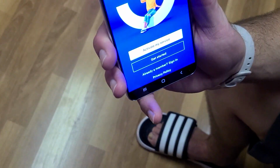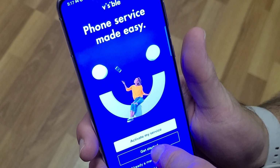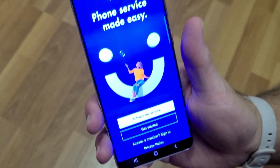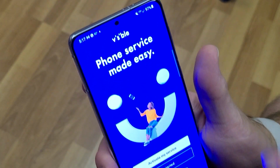Now, you get, like I said, the first month's $25. They do not bill you for that month of service until you activate the SIM card. They send you the SIM card, which actually came to me relatively quick. Then you have to download the Visible app. And then you would go into right here. Mine's already active, so I'm not going to do anything. I would just go into the sign-in feature, hit activate service, and that's when they would go ahead and charge your phone